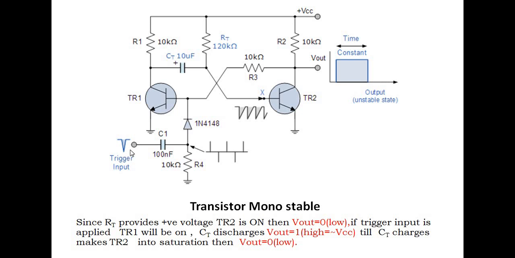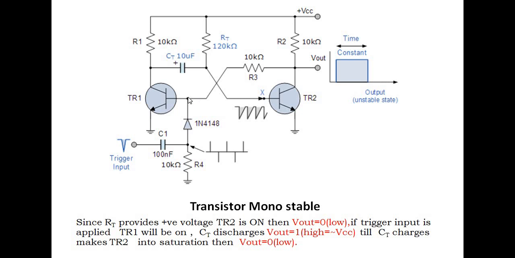this is the triggering pulse, which passes through the high pass filter, and there is a diode. The high pass filter filters it, and the output of the high pass filter is going to be impulses at different instances. Only the positive impulses will be allowed to pass through IN4148. So we are going to have positive impulses at TR1. Once we apply the triggering pulse and remove it, the positive voltage will be there at TR1.